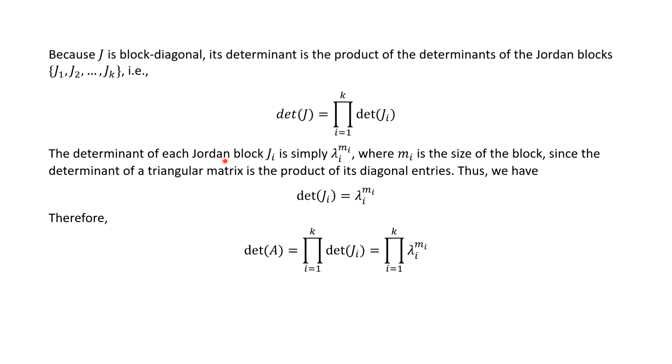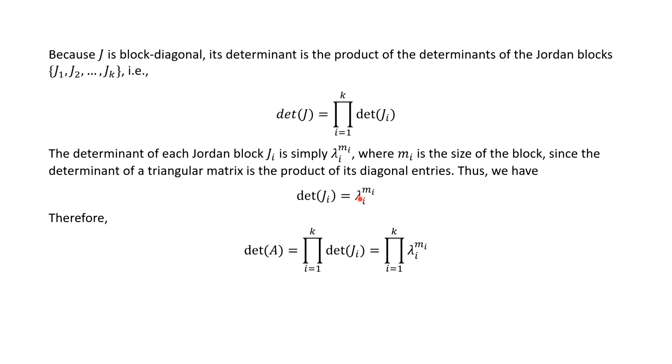The determinant of each Jordan block, J sub i, is simply lambda sub i to the m sub i power, where m sub i is the size of the Jordan block, and the lambda sub i are the eigenvalues. That's because the determinant of a triangular matrix is the product of its diagonal entries. So determinant J sub i equals lambda sub i to the m sub i power, where again